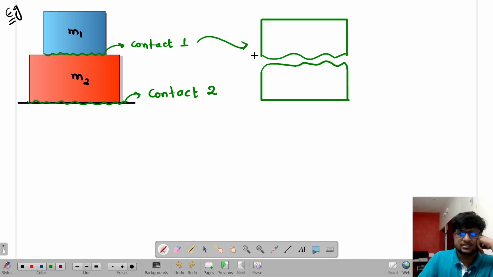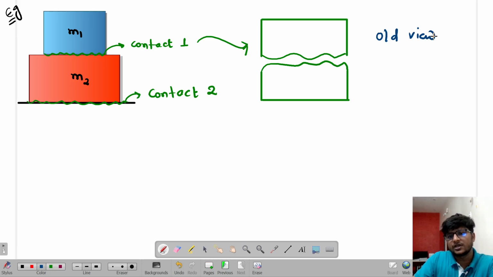Now basically this concept is a kind of old representation. I'm not using a proper, real idea. I'm using an old view, how people used to think. The new ideas are that these surfaces are like this only, and there are attractions between these bodies, which we also call van der Waals attraction. Is that clear or not? So instead of going into too much of that, I will just follow this. I will say that these surfaces are not perfectly smooth, not perfectly plain. They have some kind of curved shapes like this.